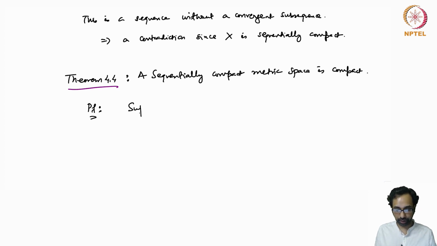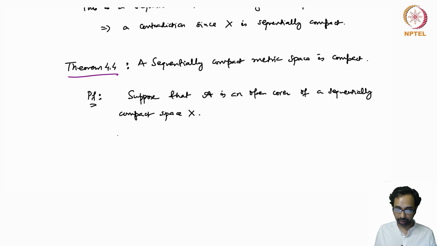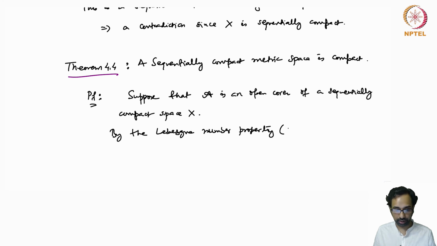So to prove this, suppose that A is an open cover of a sequentially compact space X. By the Lebesgue number property, we have shown that a sequentially compact space has the Lebesgue number property. So this is theorem 4.1 above. So this open cover A has a Lebesgue number, say delta,